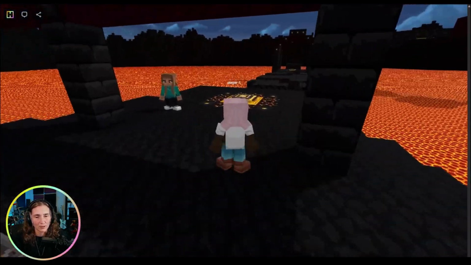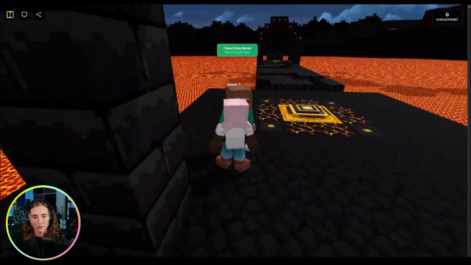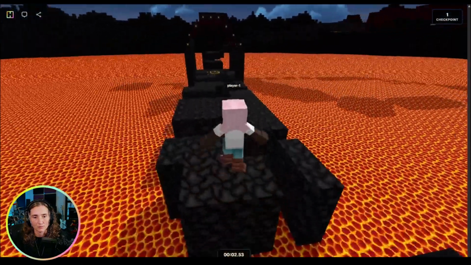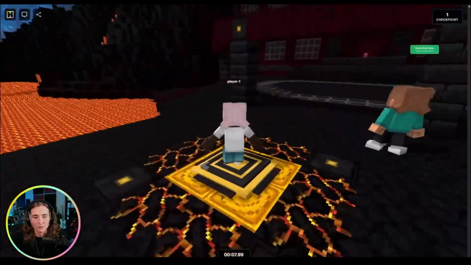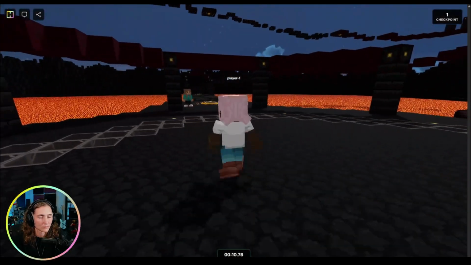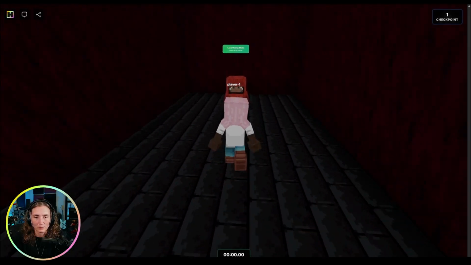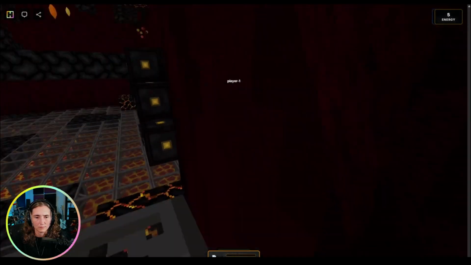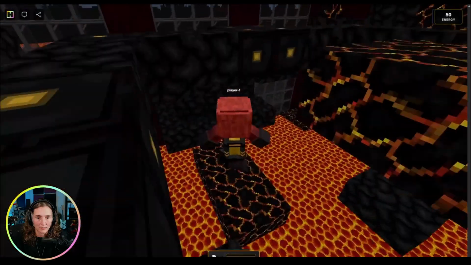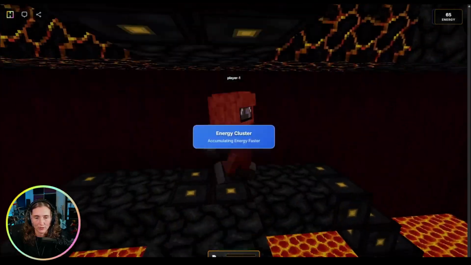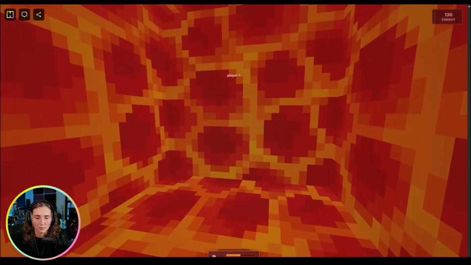So we have a new checkpoint sound now. And then also when I start the time mode, you can hear that sound. There's a new sound when you hit the lava. And then if we go into the lava rising mode, we've got a new sound for the energy cluster. We've got this sound for collecting these things. New sound for when you die,